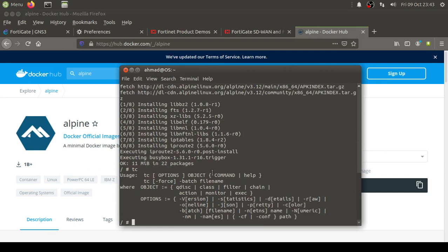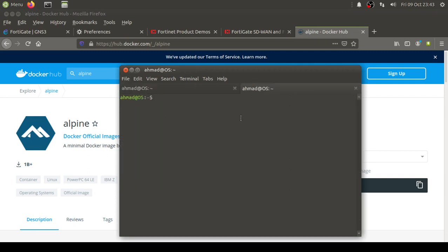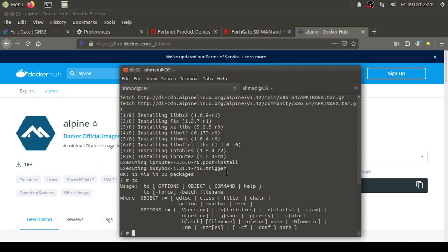So once this is installed, let me show you one more thing. Open another tab. Now the changes that you have made are local to this container only. Once you stop the container, they will be destroyed. So what I want is that they should persist, and I should be able to use them in the future, doesn't matter if I stop the container or turn off my computer or whatever.